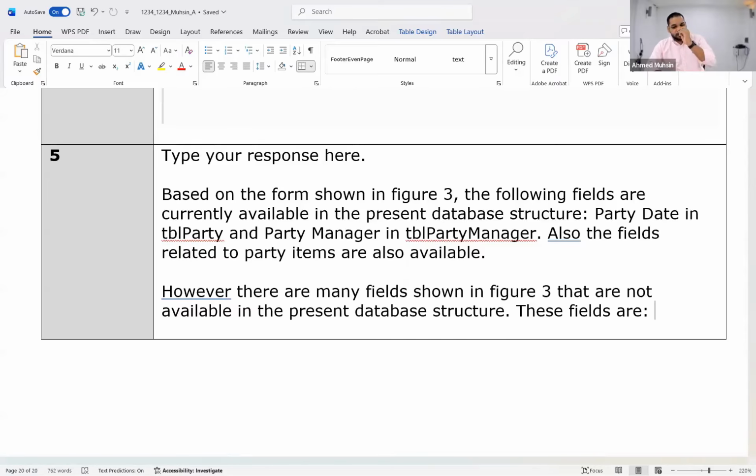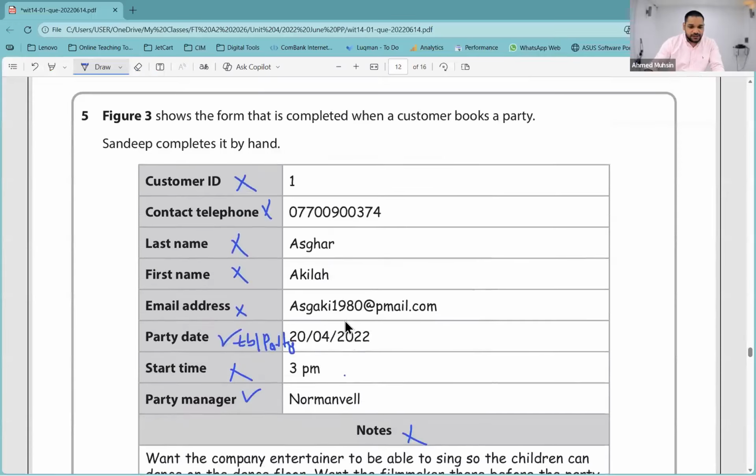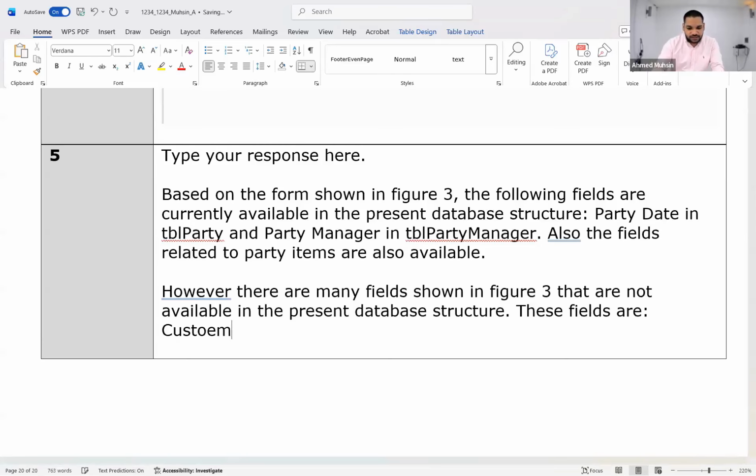Okay. However, there are many fields shown in figure 3 that are not available in the present database structure. These fields are, okay. So, shall we start with the customer area? The customer area, none of their fields are there, right? Okay. These fields are customer